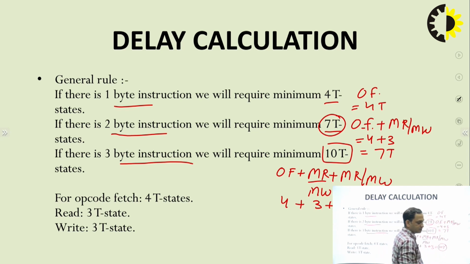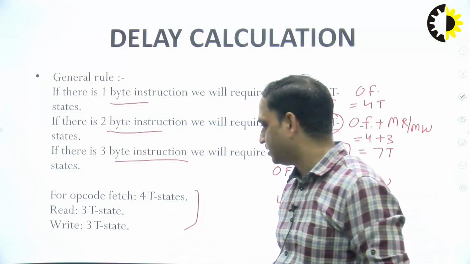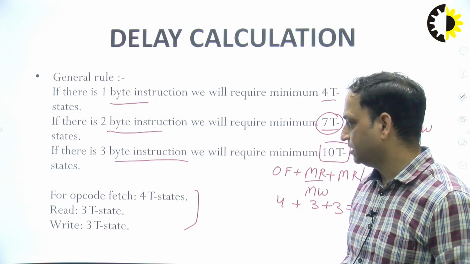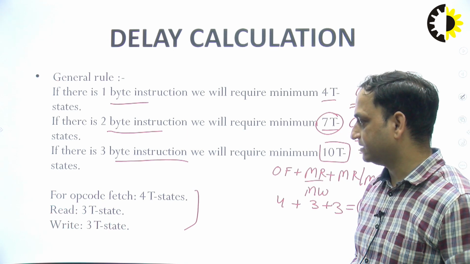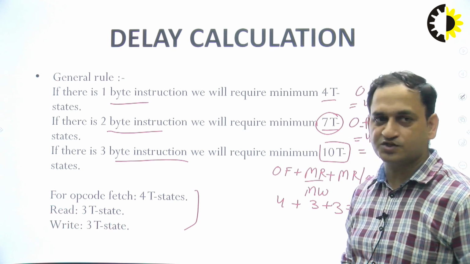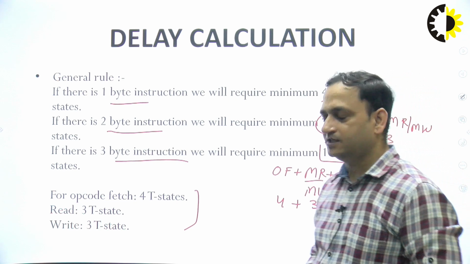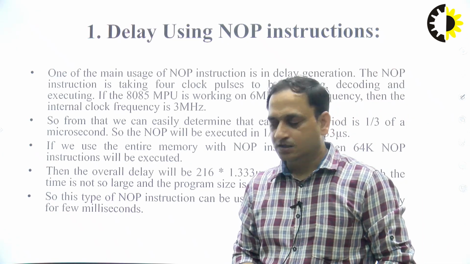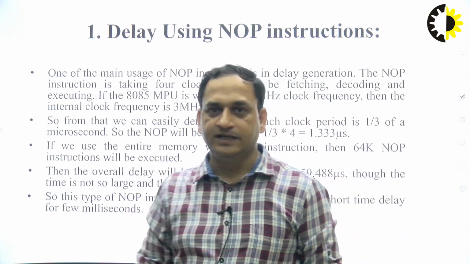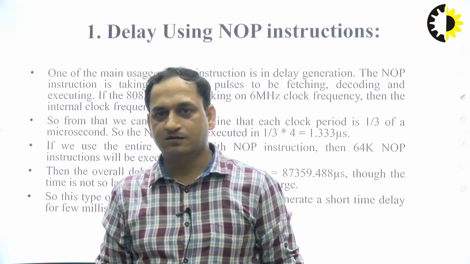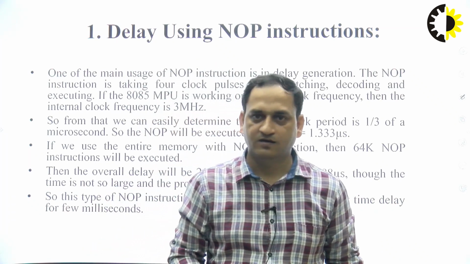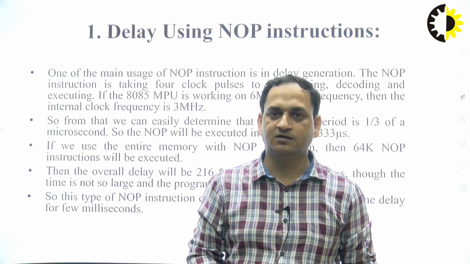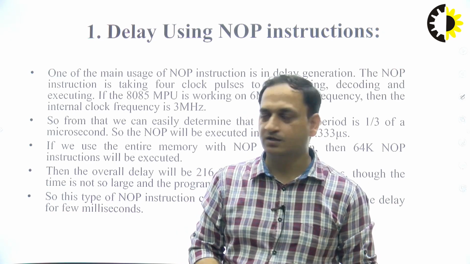So these are the things which we have to keep in mind before solving, when we perform the delay calculation. These things are also mentioned in this slide. Opcode fetch is 4 T states and read is 3 T states. Write operation can be performed by using 3 T states as well. So how to calculate the delay? There are 4 methods for finding the delay. The first one is a very general method by using the NOP or no operation